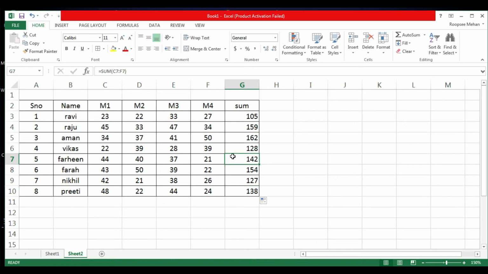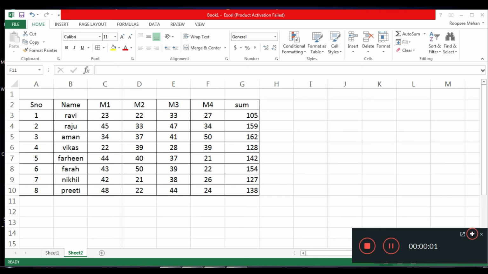So this is how the calculation is done in your report cards using the software. So if you have 100 students in a class, you just perform one calculation in your table and just use the autofill handle to drag the formula below so that the formula gets copied and the calculation happens automatically. So I hope you have learned how to perform this sum.